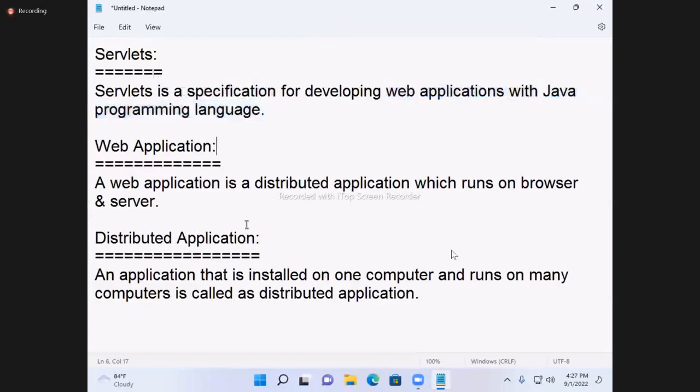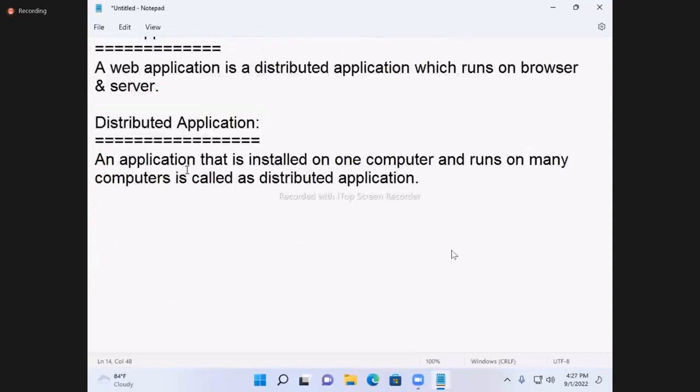Now, an application that is installed on one computer and runs on many computers is called a distributed application. Google.com is installed on one computer, yet any number of people at a time, from any corner of the world, can access it.